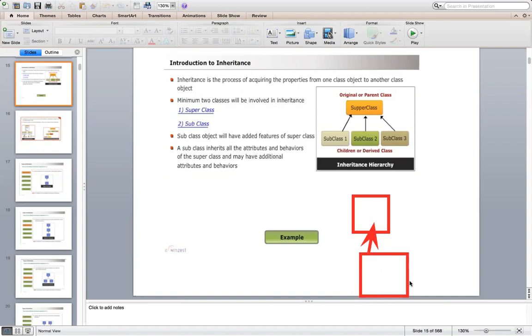So we have different terminologies to describe inheritance. Now class B acquires all properties from class A. So what happens is, you already have a class that is written, working well, and debugged. Now a similar kind of class is required, but with a few modifications or a few new behaviors.